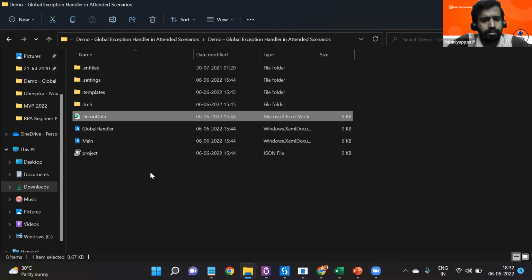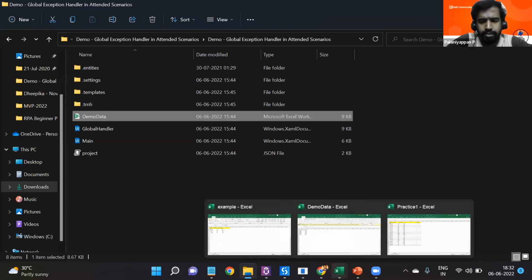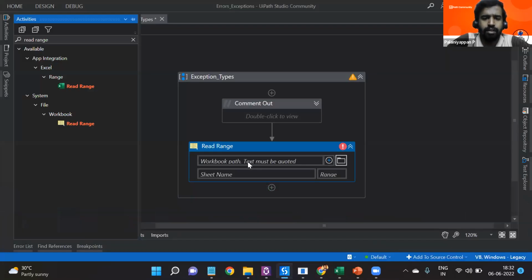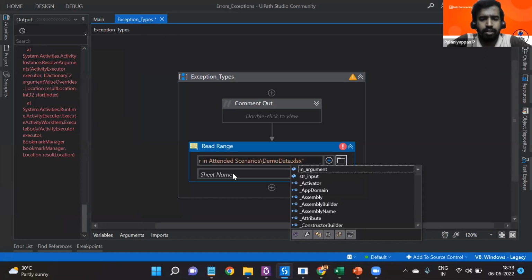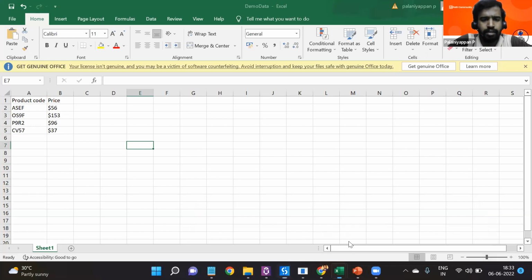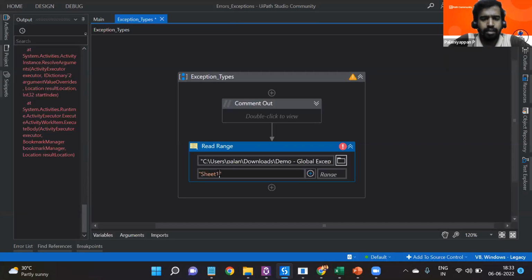I'll copy this path and make sure this demo data file is opened. Now, if I try to read this sheet and mention the whole range,